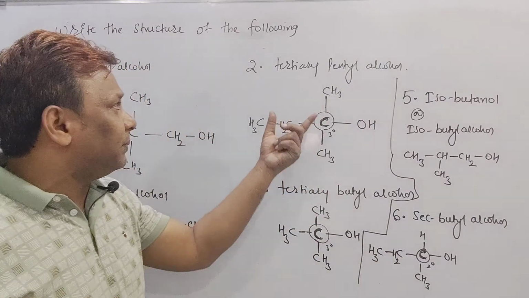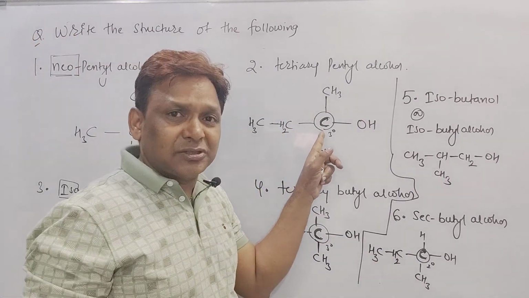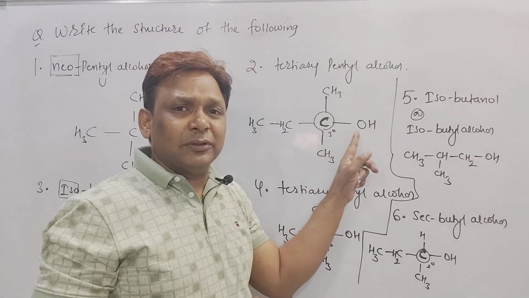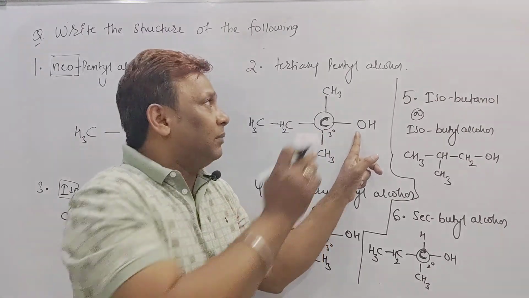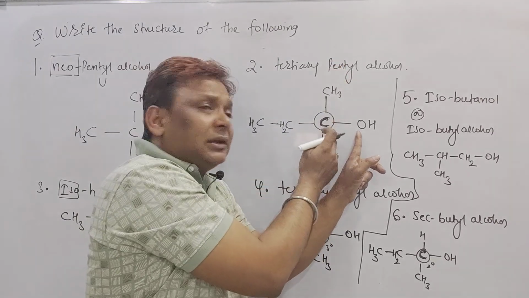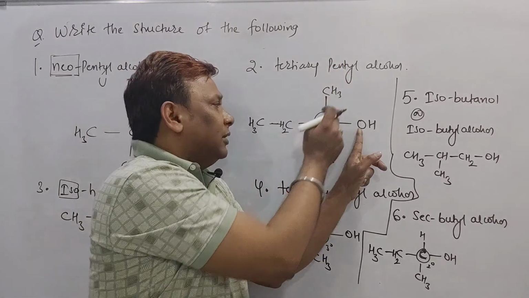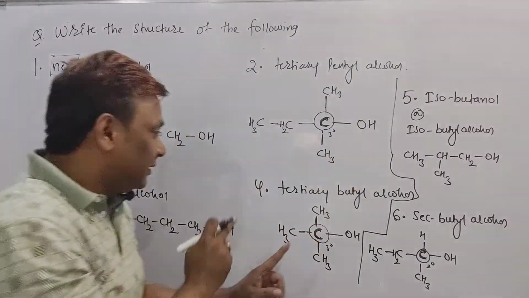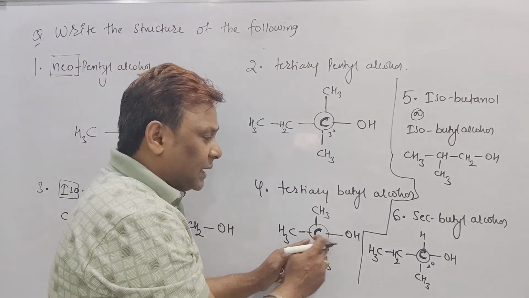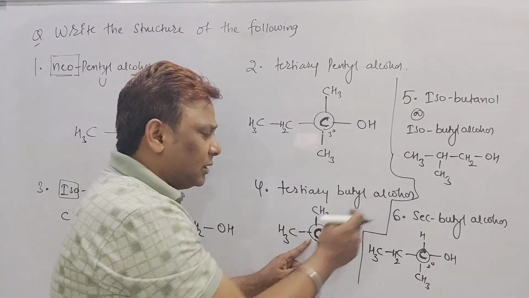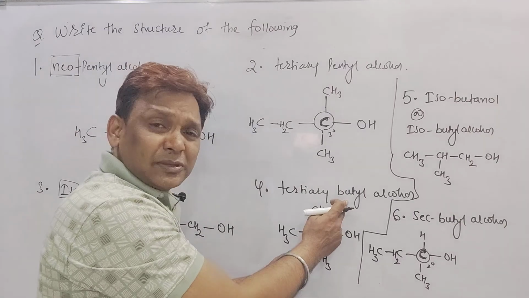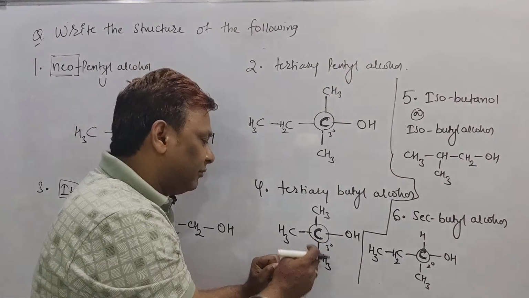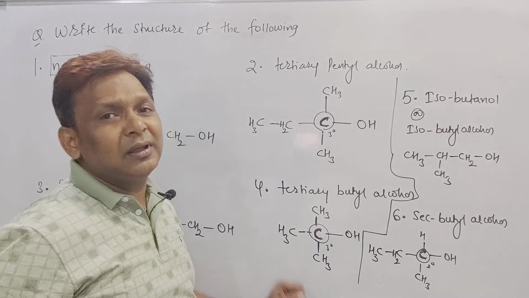Secondary butyl. Tertiary pentyl, beta, means first I should make the tertiary carbon bonded with the OH group. See beta, tertiary carbon bonded with OH is called a tertiary alcohol. But they are asking pentyl. For making the tertiary carbon, how many carbon we utilize? 1, 2, 3, 4. But pentyl is there, means one more carbon you add. Here, tertiary butyl, make a tertiary carbon, attach the OH group. Tertiary alcohol, na? Tertiary alcohol, over. But butyl means 4 carbon. And you know beta, for making the tertiary carbon, we require only 4 carbon. 1, 2, 3, 4, called a tertiary butyl alcohol.